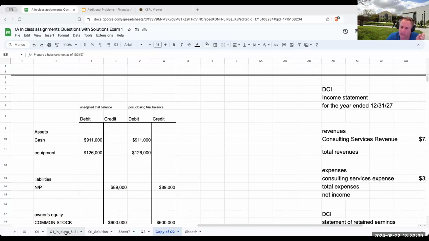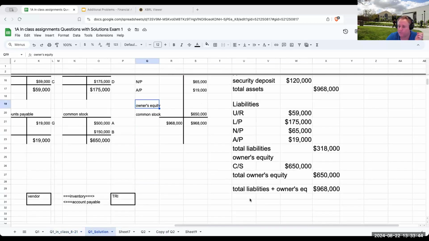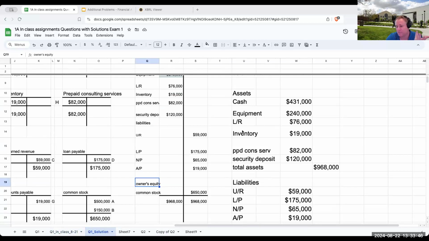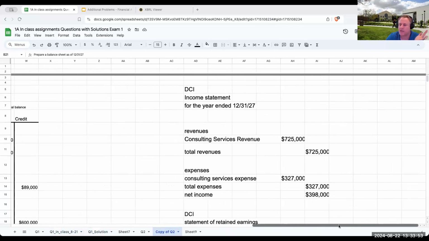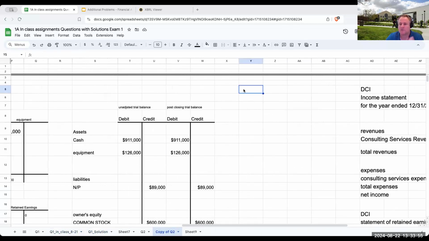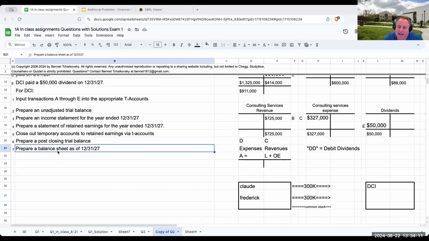But at this point, it looks a lot like what we just went through earlier for the last problem and just said, assets, liabilities, total liabilities, owner's equity, total owner's equity. So when I come over here, DCI, balance sheet, and remember, it's not for the year ended, it's a snapshot in time. If I was saying for the year ended for cash, our balance changes daily. So over here, we're going to follow this as of